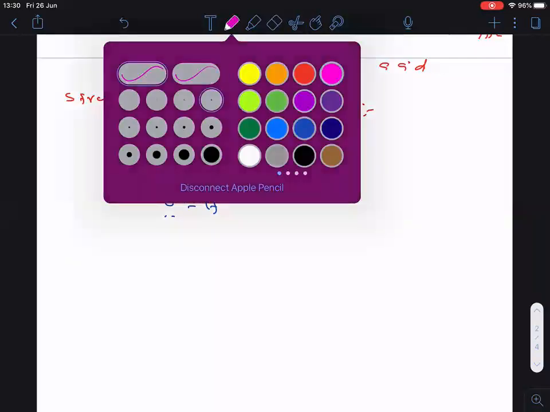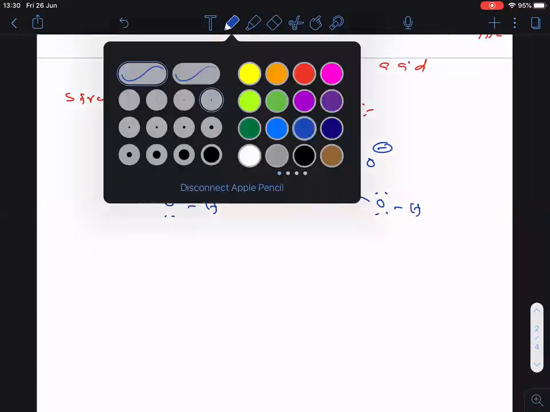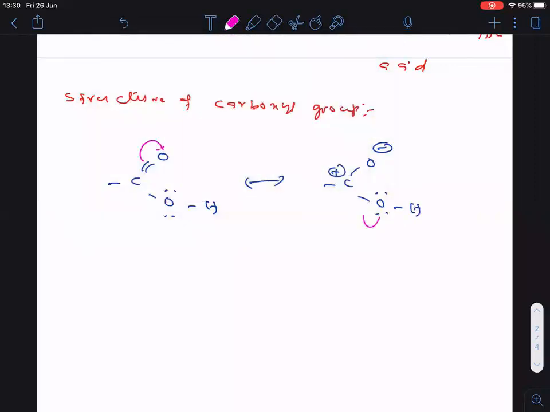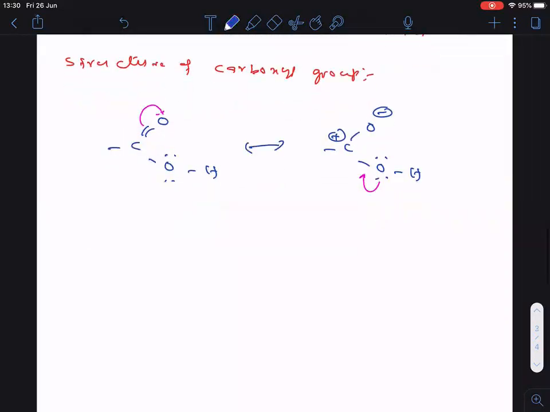Followed everyone? So now when the pi bond goes here, see clearly, if I write the resonance structure here, then here O will get the negative charge. So now here carbon will get the positive charge. But immediately what happened again? Immediately this oxygen will give the lone pair. As a result, the positive charge on the carbon will decrease. Clear? Are you all following?